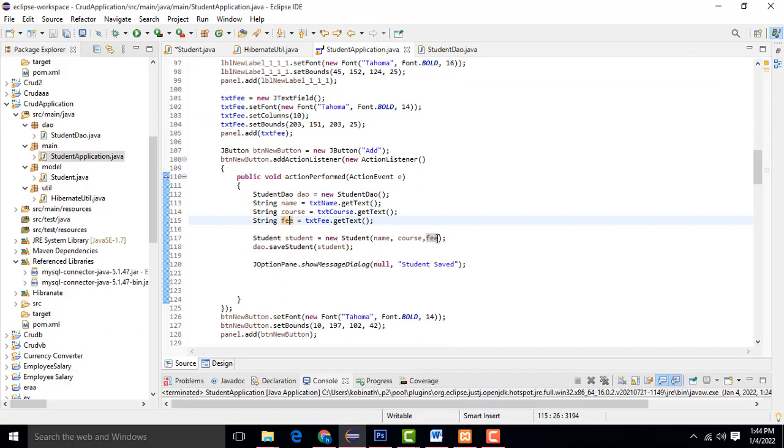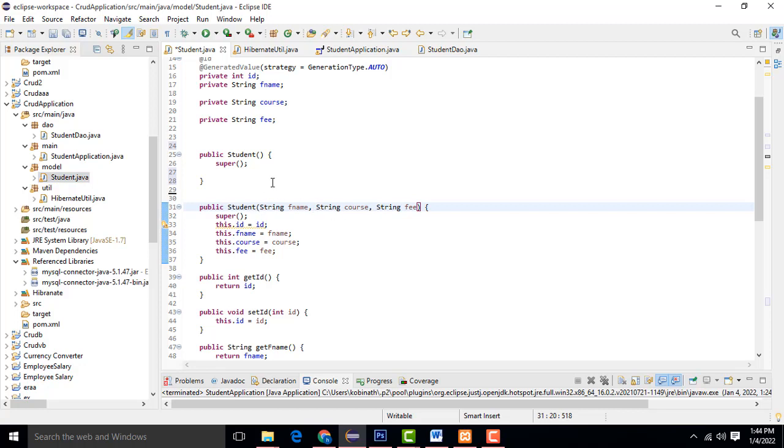After that we set them like this. The same arguments you will be able to see here. Data is coming here once you click this; we add the record and edit the record.